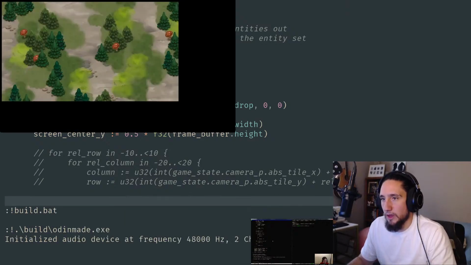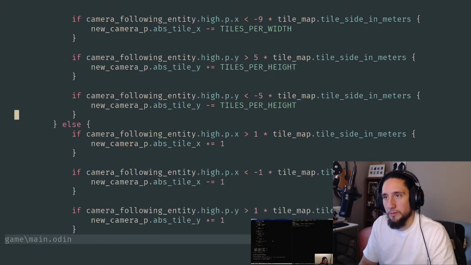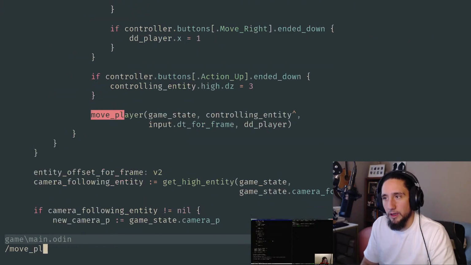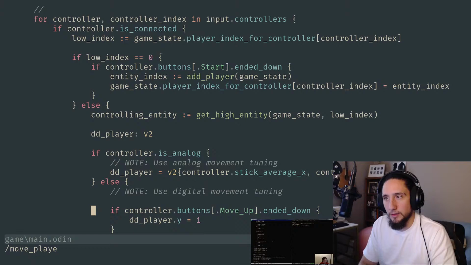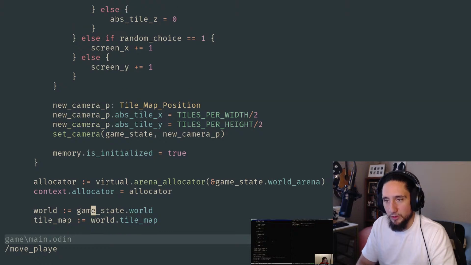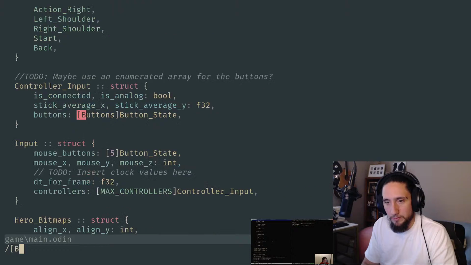Hey, Skytrius. Yeah, we did wind up using the enum array. And it looks like we're working. Kind of. Well, that's sad. We go to move the player, and so something is very wrong there. Shoot. Man, I wish I had more time. I really wish I had more time. But I gotta go. But yeah, we did use the